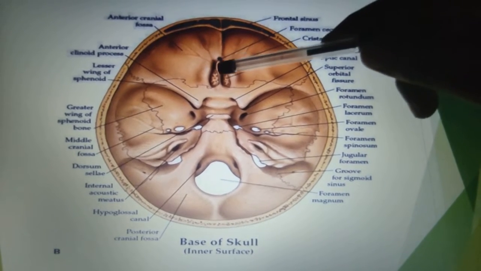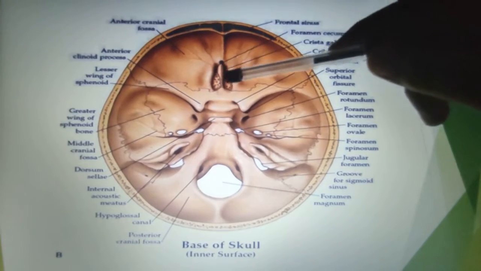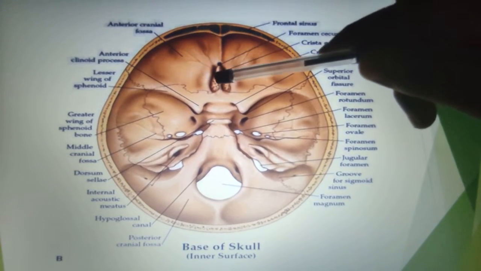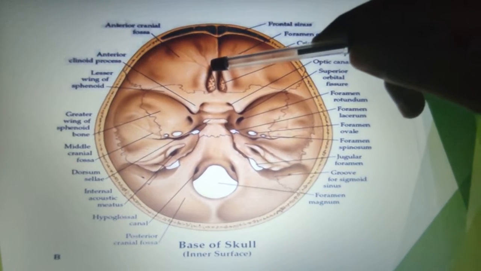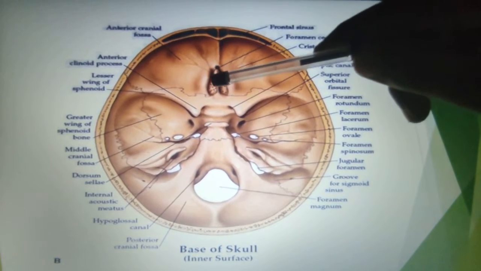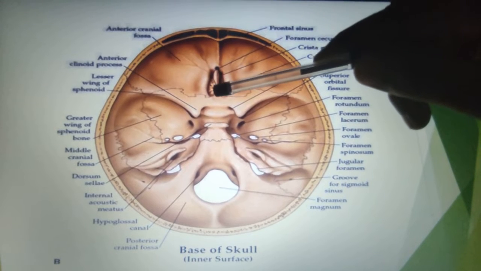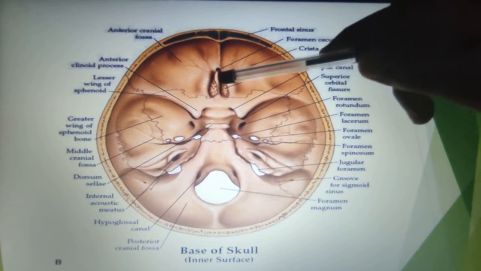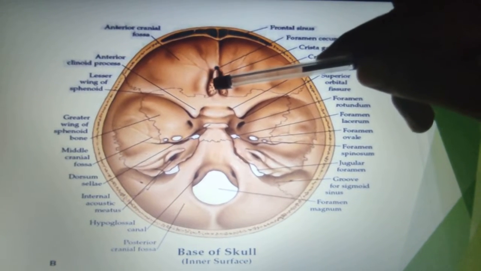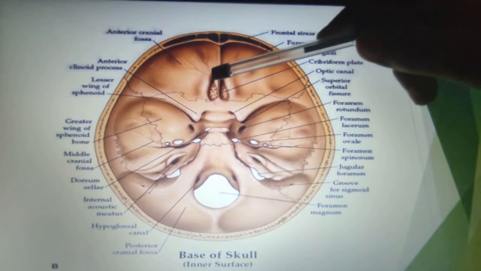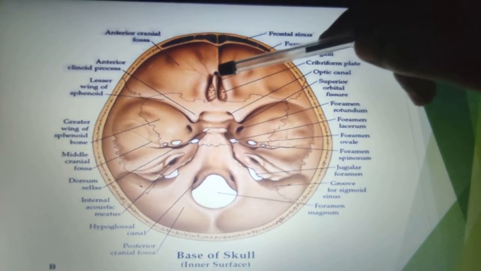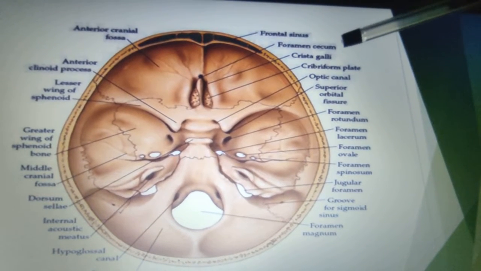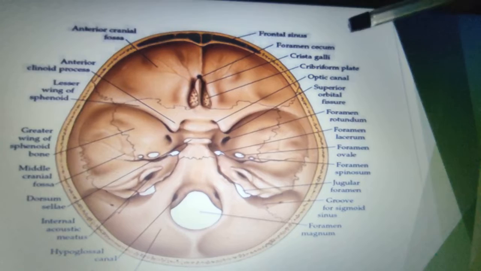For the spotters, we will color this area and ask you to identify the colored area. What is the attachment in it? You have to mention it as crista galli. The attachment is the falx cerebri. So the tooth-like projection known as crista galli gives the attachment of the falx cerebri. Clear? Anterior to that, we can see a blind foramen known as the foramen cecum, which transmits the emissary vein.